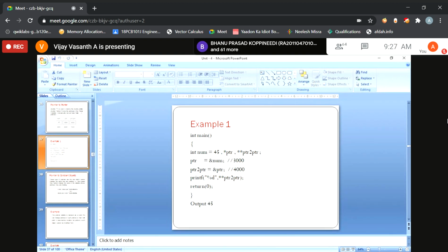First, I am declaring a variable 45, and I am declaring two types of pointer. One is a single pointer and another is a double pointer, pointer to pointer. Now, what is the value of a pointer? The value of the pointer is ampersand number.